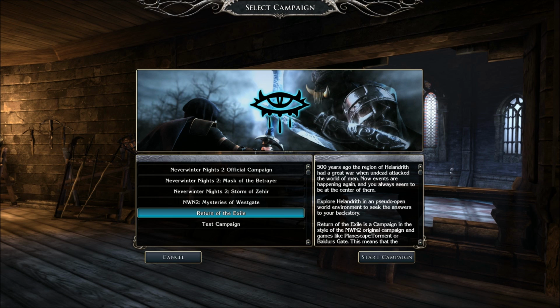Alright, supposedly this module is going to be pretty long. It's looking like a 60 to 70 hour playthrough, so it's going to be a pretty damn long one. And I am going to use a favored soul this time. I have very little experience with a favored soul, so I figured this might be a pretty good time to try it out and see how they are once they get up in level. I think we're going to be maybe at level 16 or something like that by the end of this module,